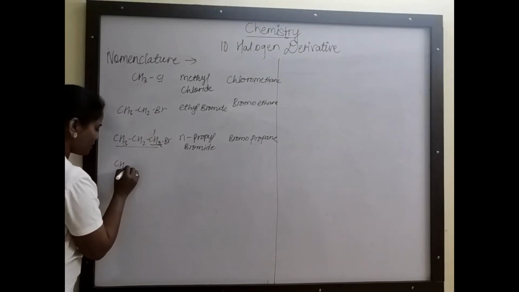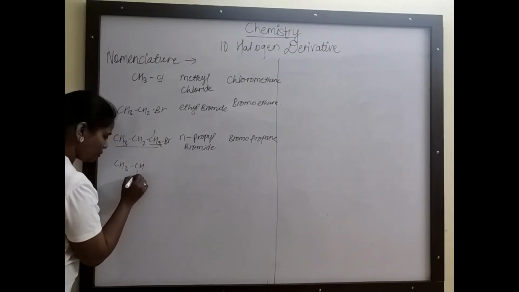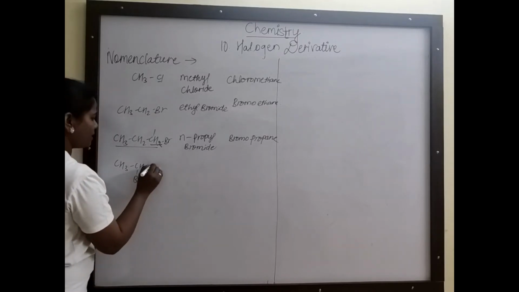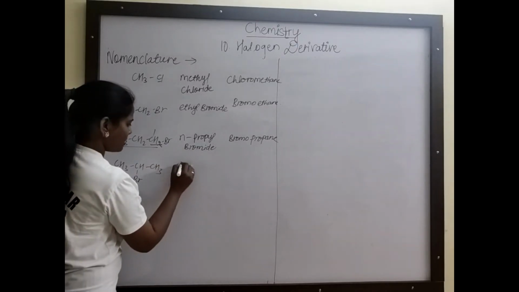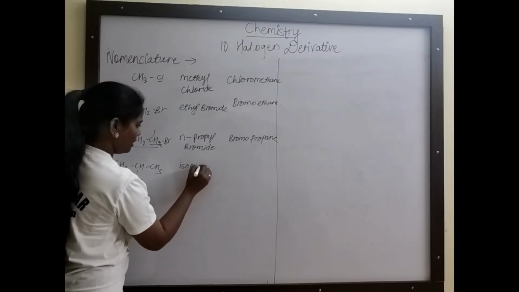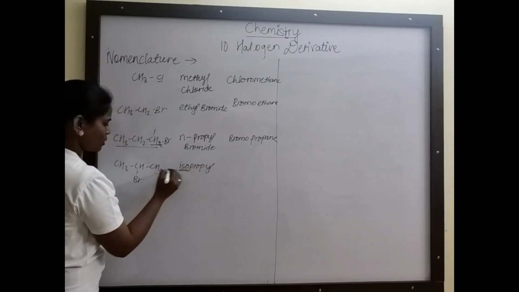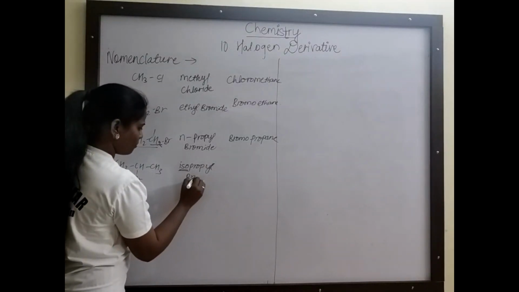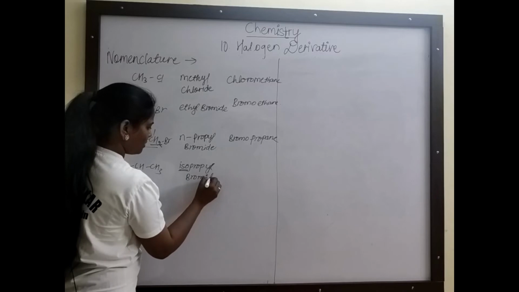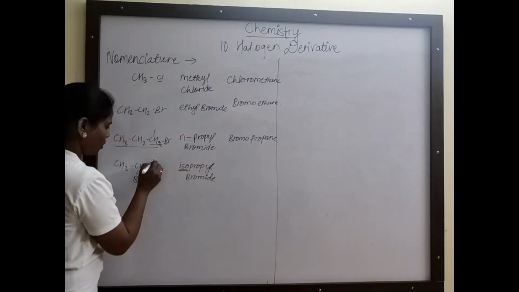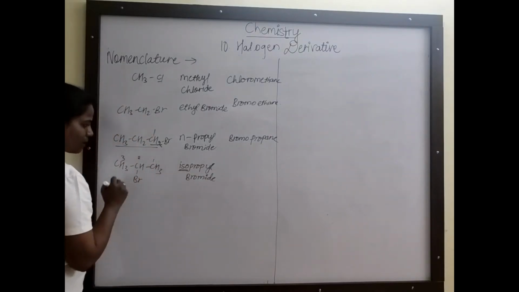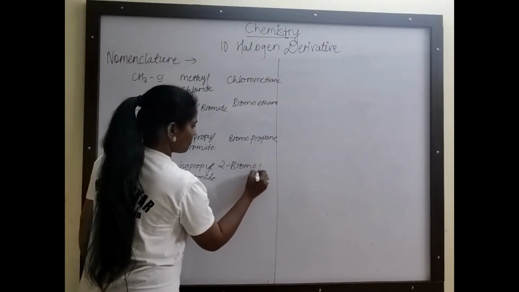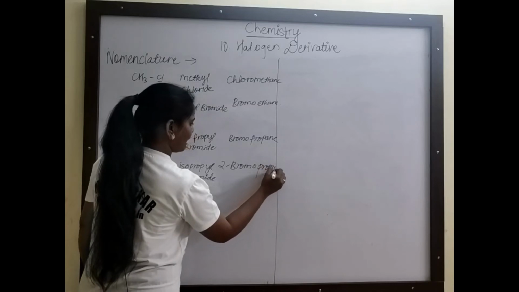Another one, CH3, CH, and this will be the halogen atom. Now this halogen atom I will replace by bromine, and this is CH3. So it is named as isopropyl. This is what? Iso. Why iso? Because the second carbon atom contains branching. Isopropyl bromide. And the IUPAC name of this one is 1, 2, 3. On the second carbon atom bromine is there, so it is 2-bromopropane. So this is the correct name.